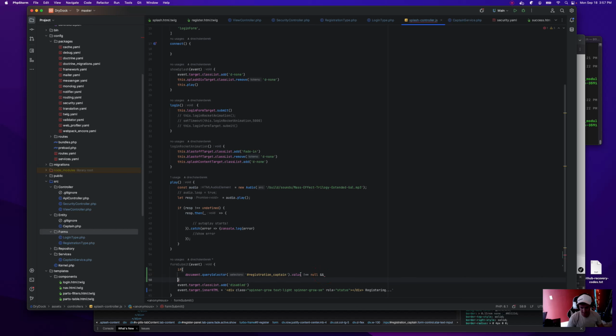Really, it should just be, here we go, dot length is greater than 0, and out of order, but whatever.